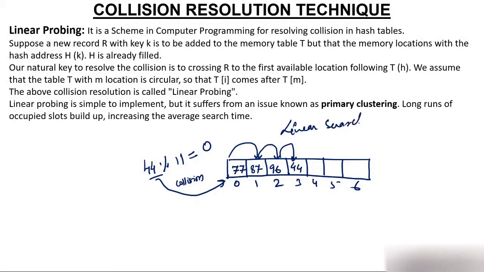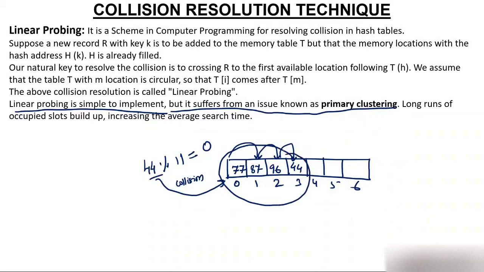And the moment I get a free space, I put the value over here. But there is a problem. So it has a disadvantage. Linear probing is simple to implement. The advantage is that it is very simple to implement, but it suffers from an issue known as primary clustering. Why? Because there will be a cluster. You can see there is a cluster, because